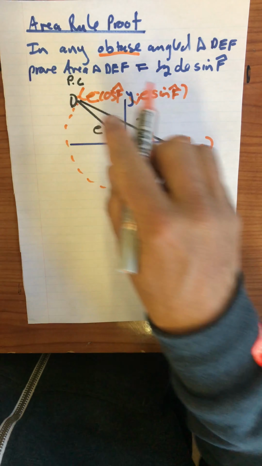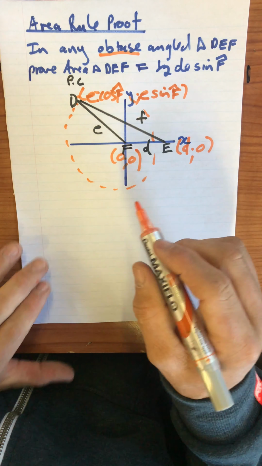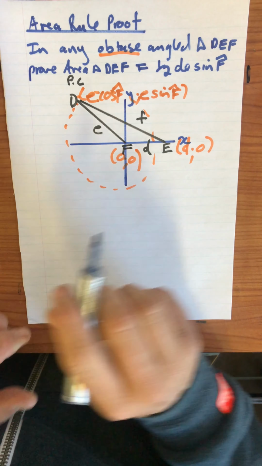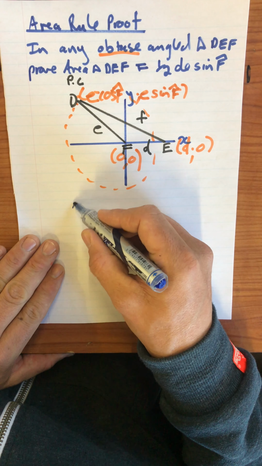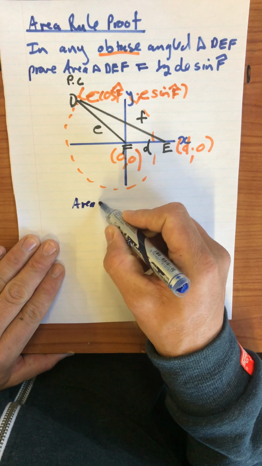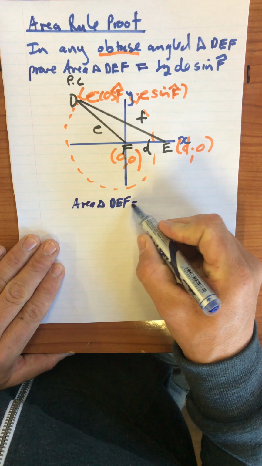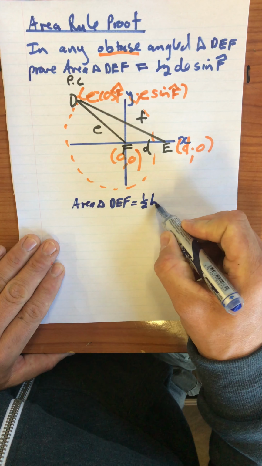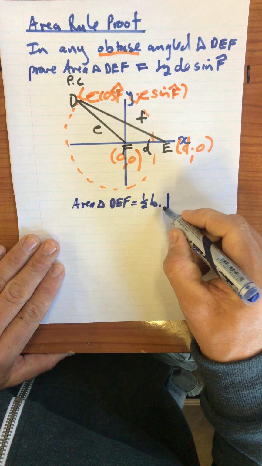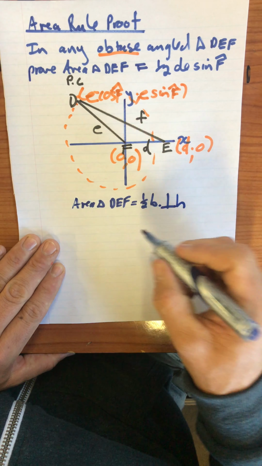Once we have those three coordinates, and the most important being the polar coordinate, we can then move on and write the area rule. Area of triangle DEF, according to grade 10, is a half base times perpendicular height,